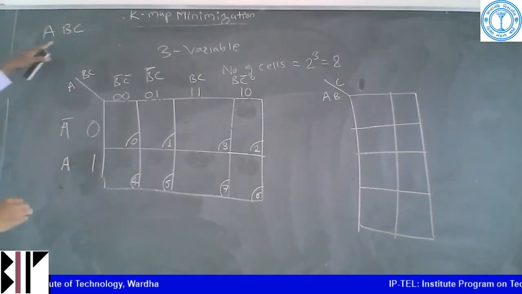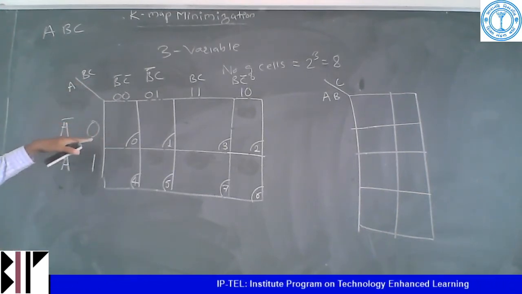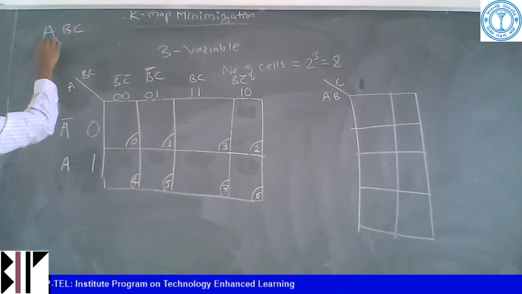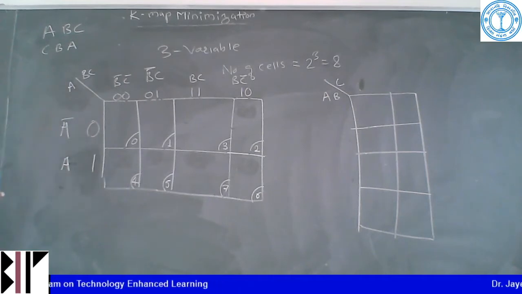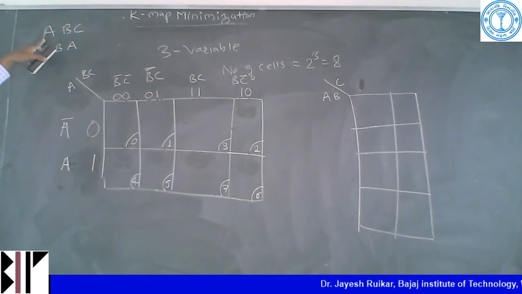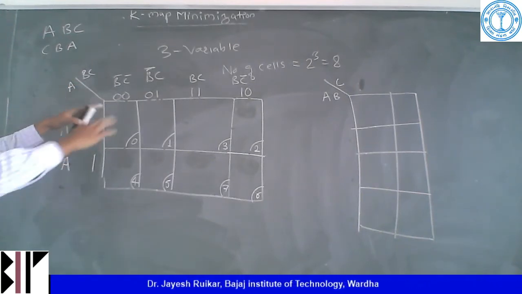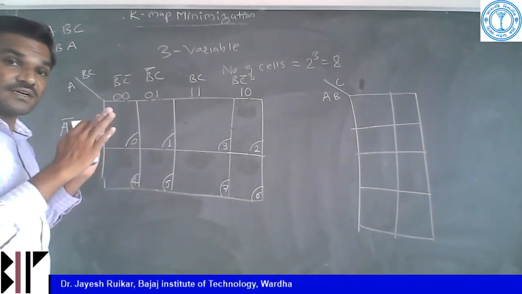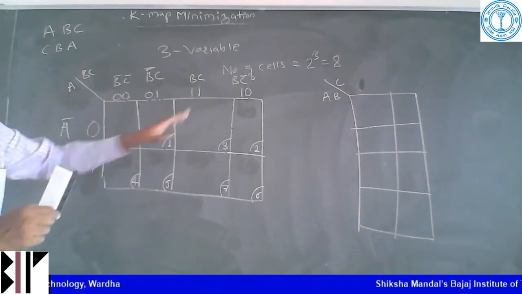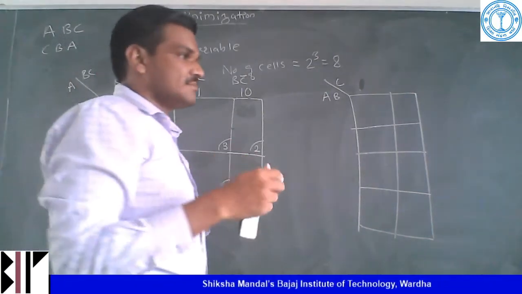If it is in this fashion, then you have to write it in A B C form, because the numbers change accordingly. If someone has written it in terms of C B A, in this fashion, the numbers are changing. So remember the sequence, and based upon your sequence you have to write the variables A, B, C, so that everything is in correct form. Otherwise the sequence is different, you are solving in terms of a different variable sequence, so the answer will be wrong.